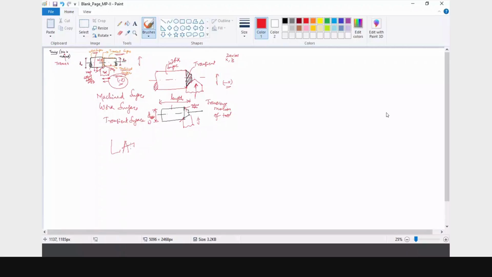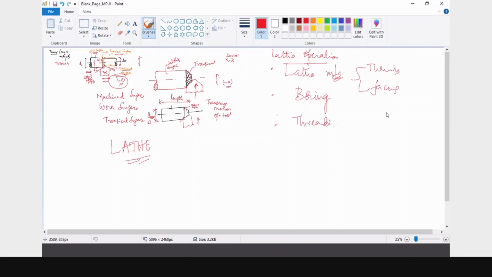So single point cutting, I said it is possible on the lathe machine for turning and facing, and I said this is boring. Okay, instead of that, sorry, let us talk about what operations are possible on the lathe machine. Anyway, this boring is also possible. So these are the lathe operations. We said this is turning, facing, and boring. You have threading. I'll show you the threading operation also. And this is called parting.